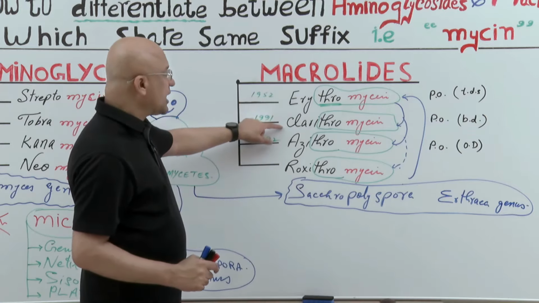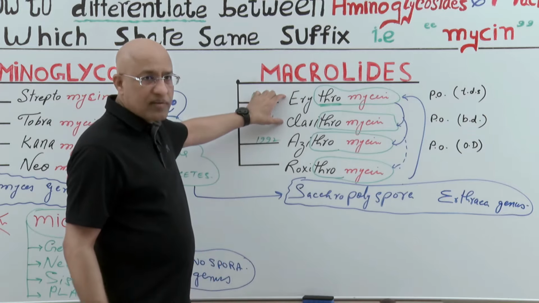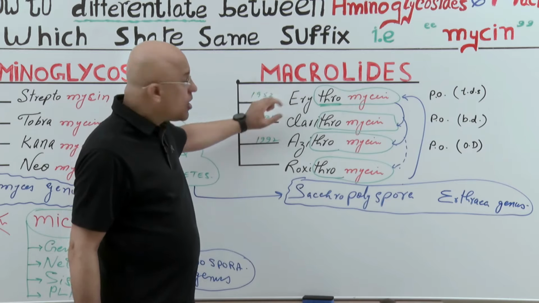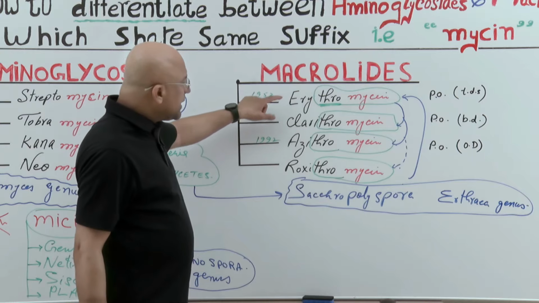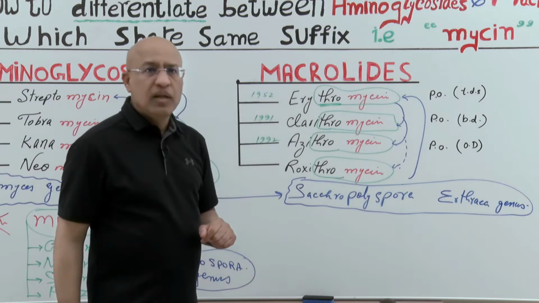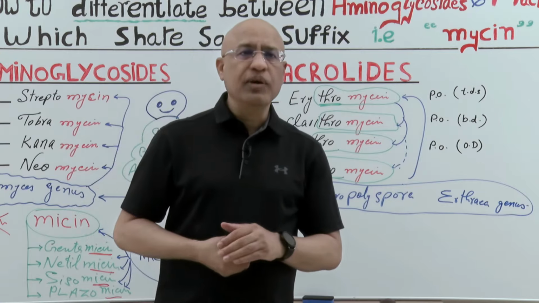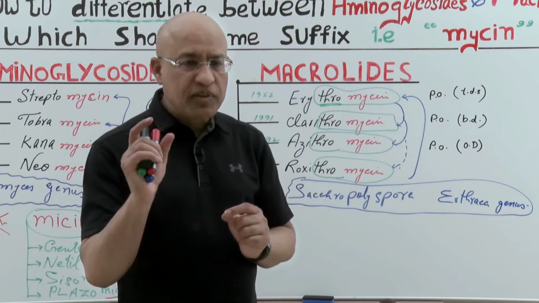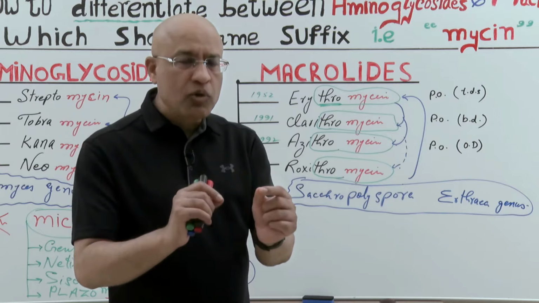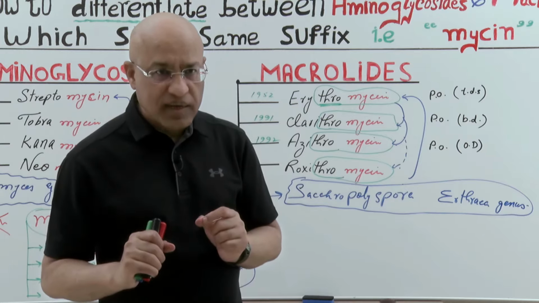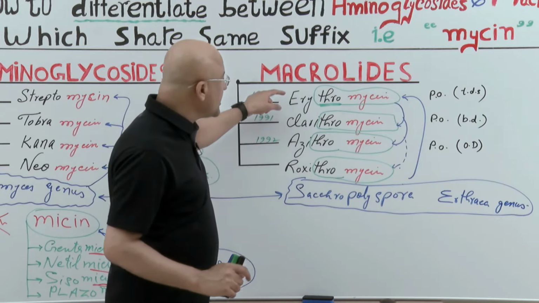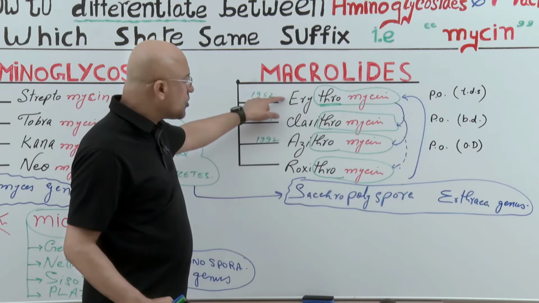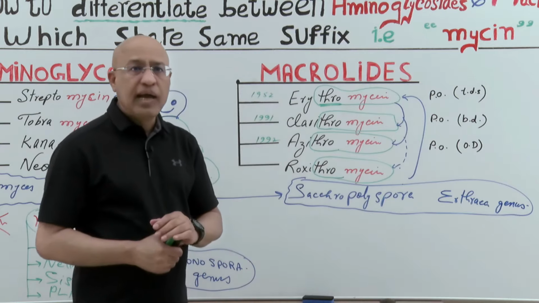Erythromycin and clarithromycin, these two drugs are very notorious for producing drug-drug interactions, because both of them affect the function of cytochrome P, right? In the special subset of cytochrome P, which also deals with many other drugs, right? So when you are taking erythromycin or clarithromycin, and if you are taking some